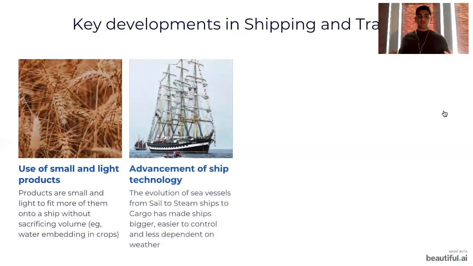The second development that was really interesting was the advancement of ships in general, right? So these sea vessels went from being powered by sail to being powered by steam, and now today they're powered by petrol and diesel engines. And so this is the evolution from sail ships to steam ships to now the cargo ships that we see today. And that's just made these ships bigger, but it's also made them easier to control and less dependent on